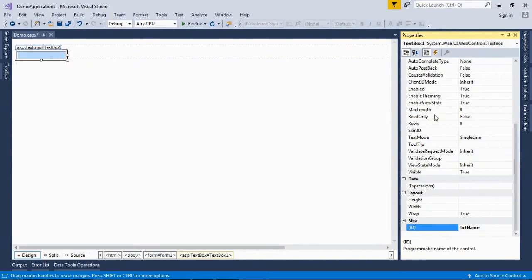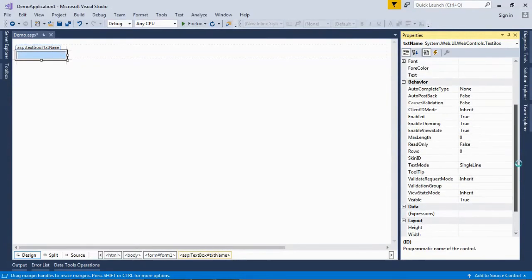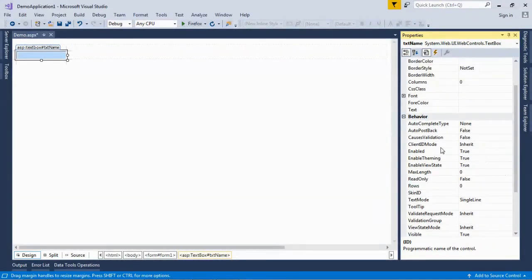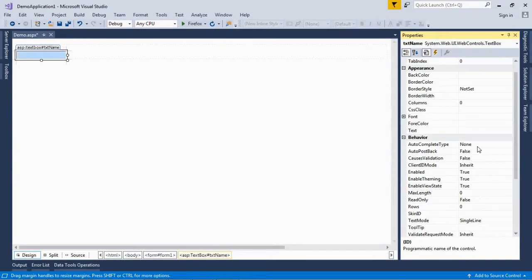There are other properties also. We are not making any modification in these properties.